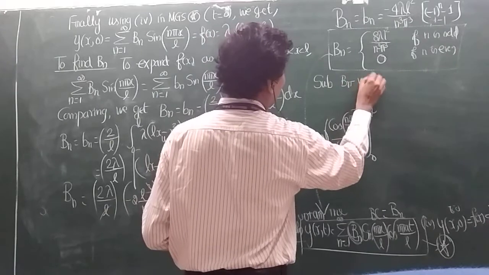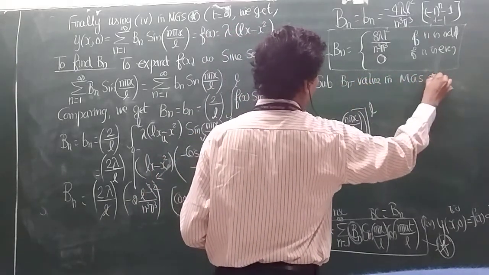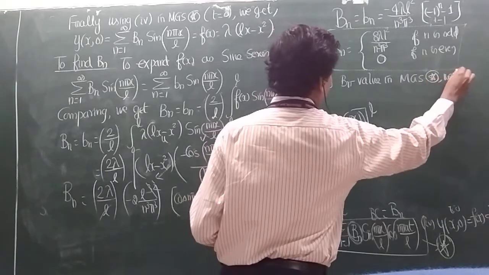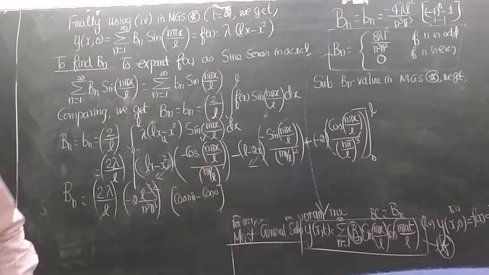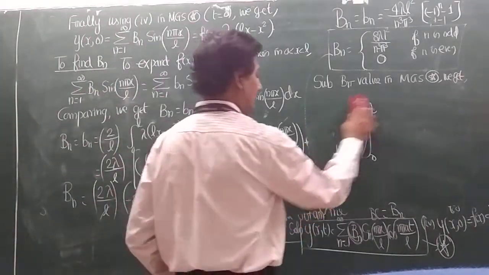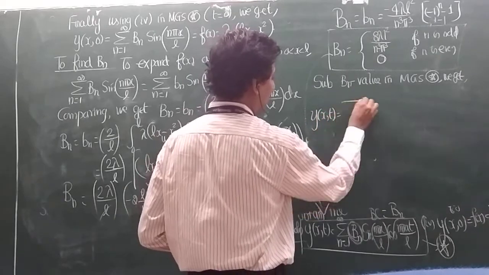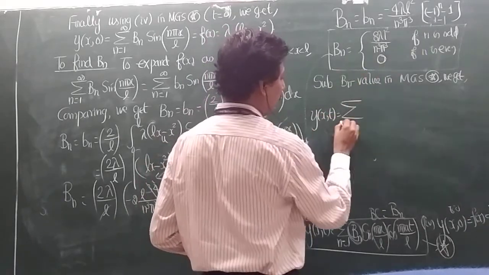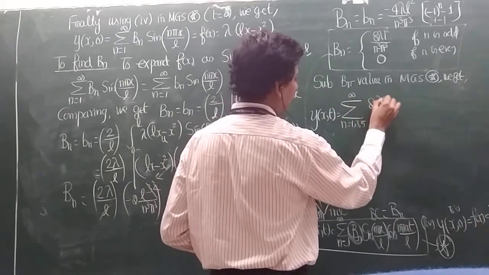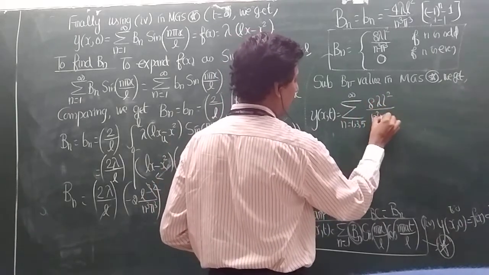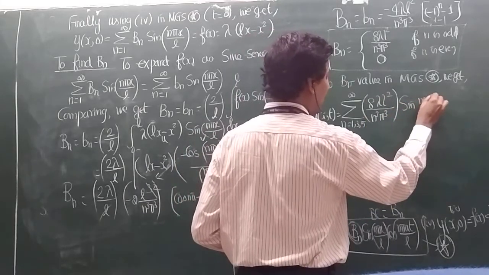Y of x comma t is equal to summation, and since Bn exists only for the odd values, n is 1 comma 3 comma 5 to infinity, of 8 lambda L squared by n cube pi cube into sin n pi x by L